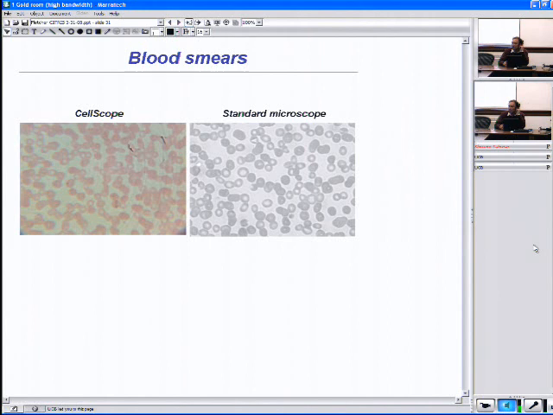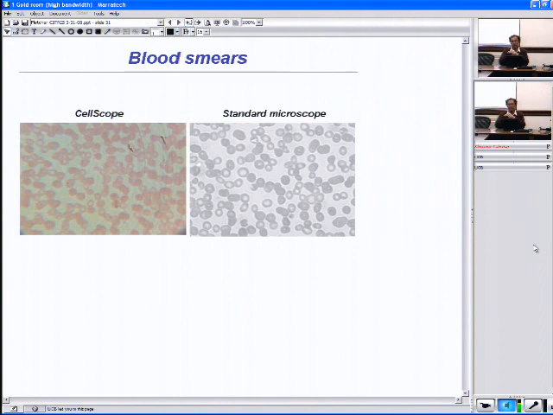This next slide shows a blood smear. I've showed a number of different blood smears at the beginning of this, and the standard microscope provides the ability to see morphology quite clearly. With our CellScope image, while the resolution is not quite as good, the image and the ability to discern distinct morphology changes is quite good. We've made progress in trying to match the capabilities, at least on the blood cell shape evaluation,